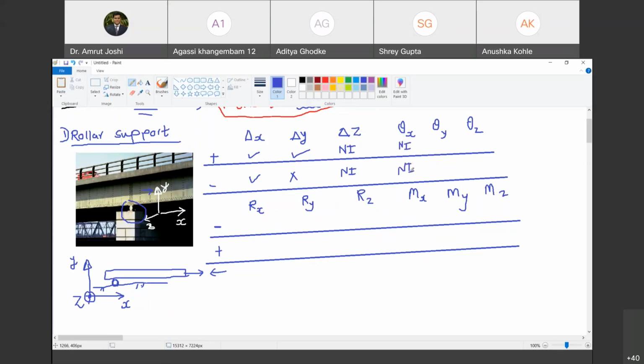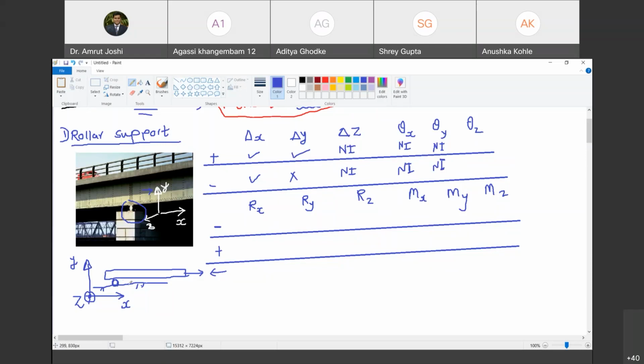What can you say about rotation about Y? That occurs in XZ plane. That also involves Z. I am not interested. Are you with me? Yes, sir. What can you say about rotation about Z axis? That rotation is seen in which plane? XY plane. Yes, sir. And I am very much interested because I am talking about the 2D support in XY plane. Happy? Yes, sir. So rotation is occurring about Z axis, but it is seen in XY plane. So I am interested in that.